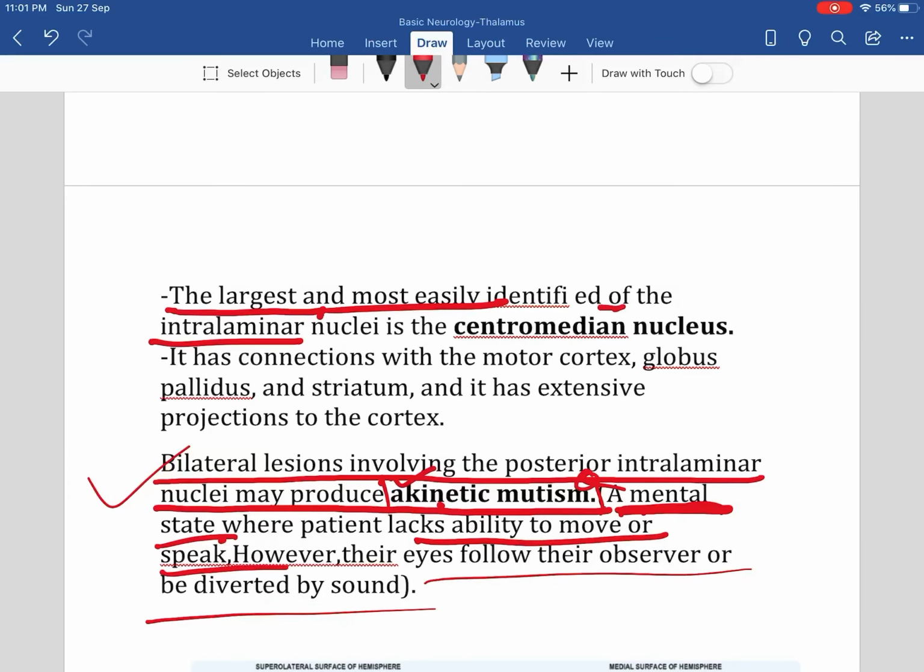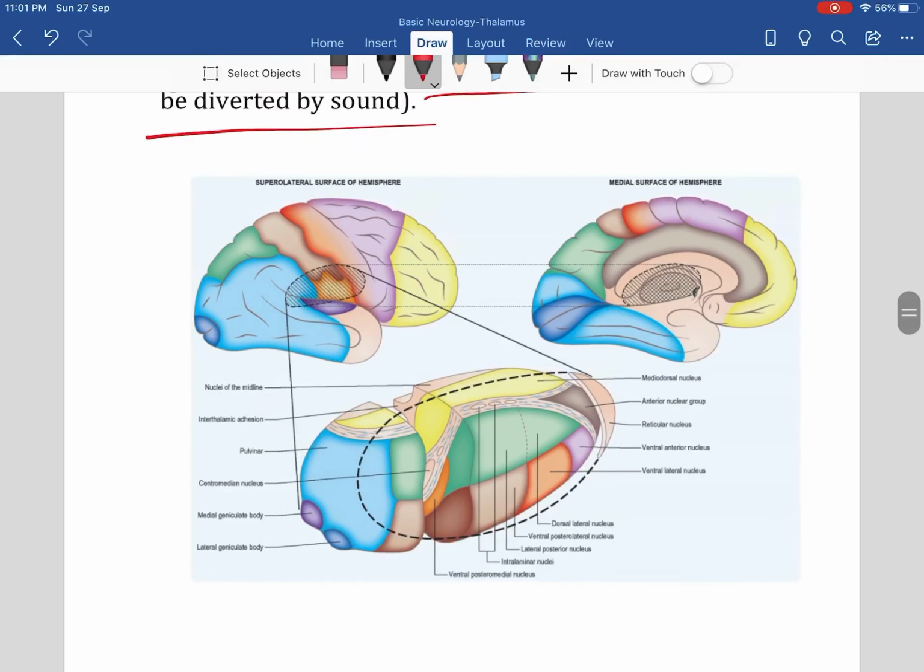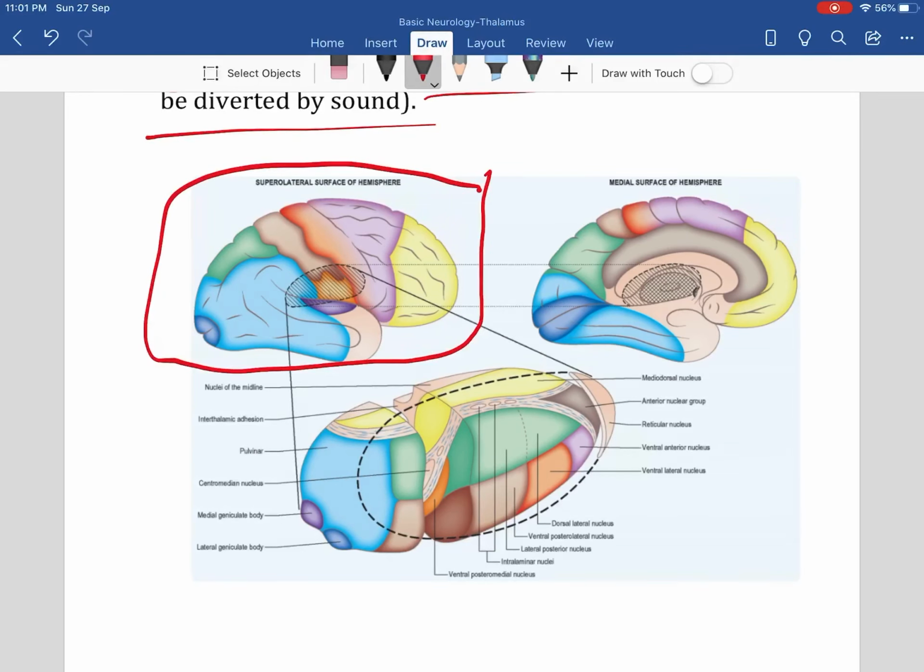And the largest nucleus in the intralaminar nuclei, as I told you, is called the centromedian nucleus. Okay, centromedian nucleus. Then this is also a good figure showing the nuclei of the thalamus. Now by this figure you will understand where the thalamus is. Okay, they have shown the external structure of the brain, and internally they have shown the thalamus. This is corpus callosum, as you all know. Above it is the cingulate gyrus, this is the corpus callosum. Below the corpus callosum is the lateral ventricle, sorry, after the lateral ventricle this structure is thalamus, and they have enlarged the thalamus here, and shown everything here.